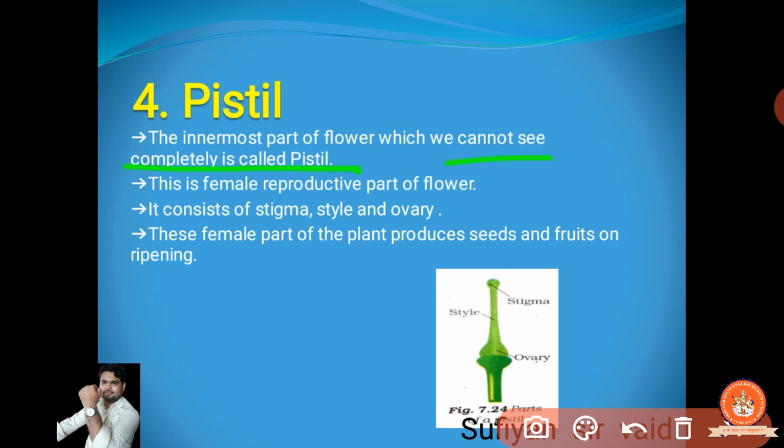The innermost part, that is the pistil. By the upper portion we are not going to see it completely, but when we remove all the other parts and split it out,